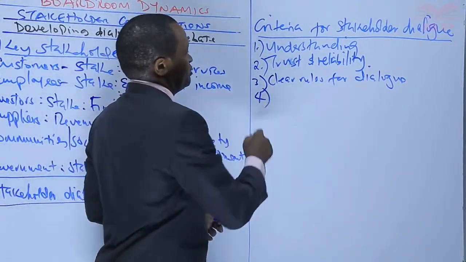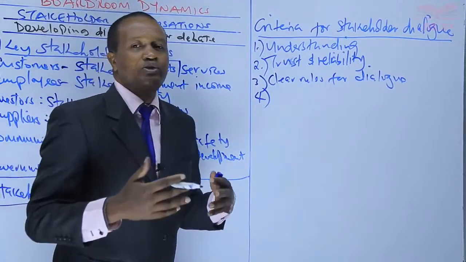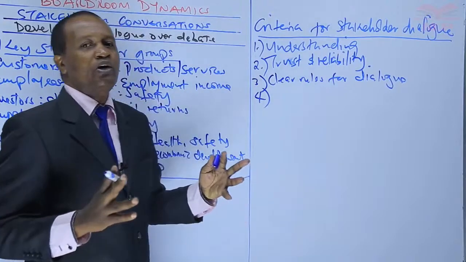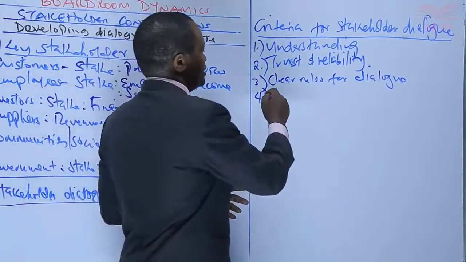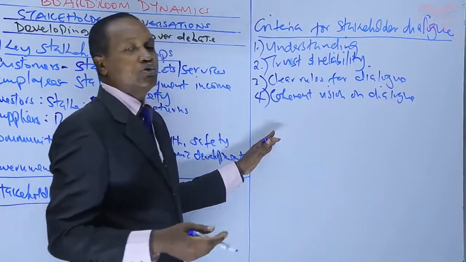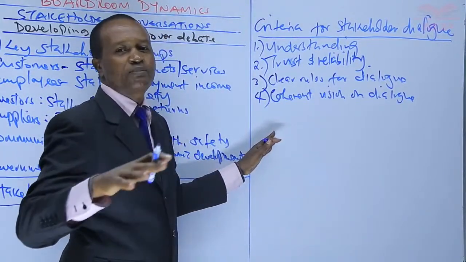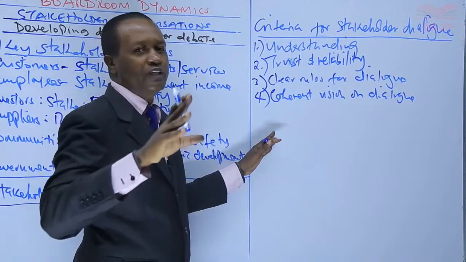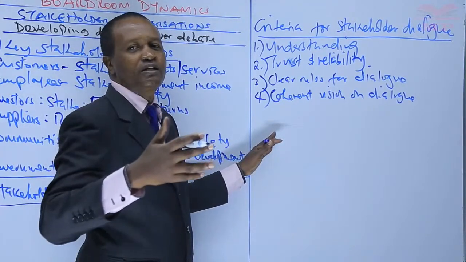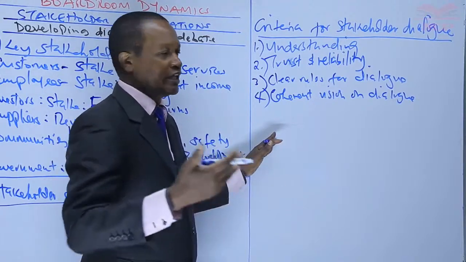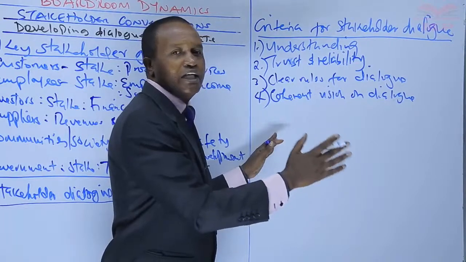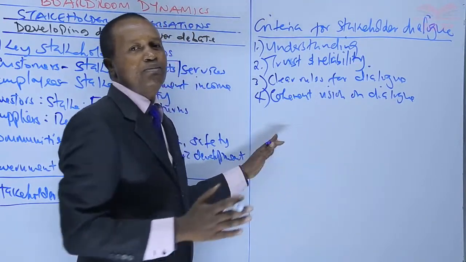The fourth point is in relation to the vision. There ought to be a coherent vision on dialogue. A discussion with stakeholders normally takes place within the framework of a series of discussions. So it is important that the stakeholder is aware that there will be a series of engagements. For example,